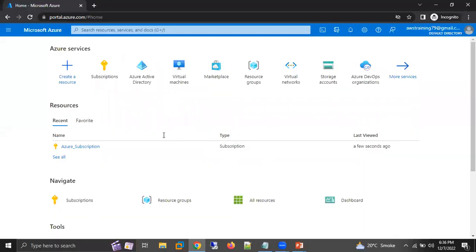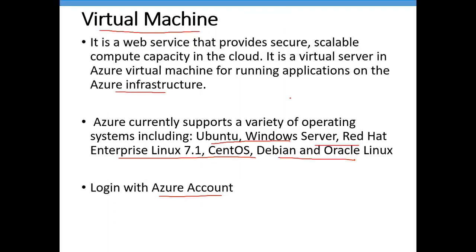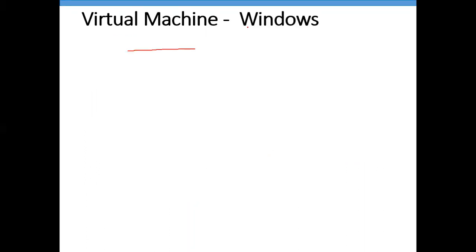We have already logged into our Azure account. Now click on virtual machine. We can create our Windows machine, and even a Linux machine. So first I'm going to show you how I'm going to create a Windows server in the Azure platform. So go to virtual machine,